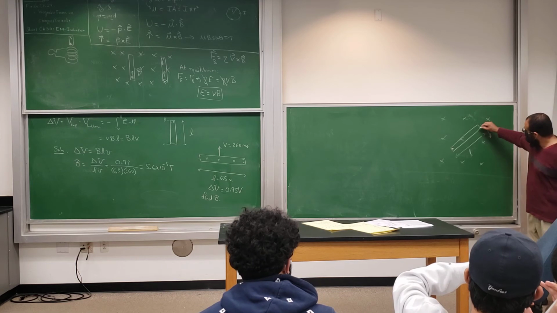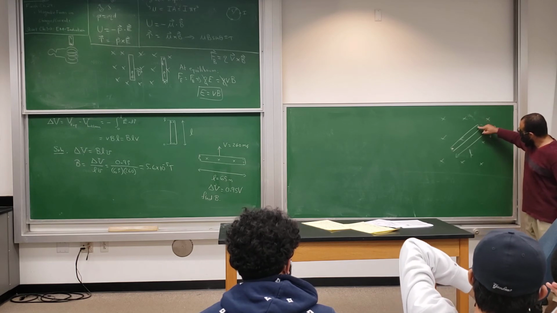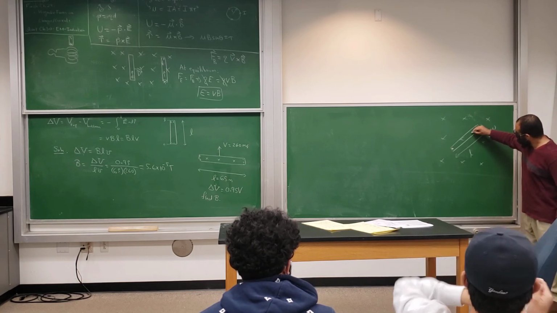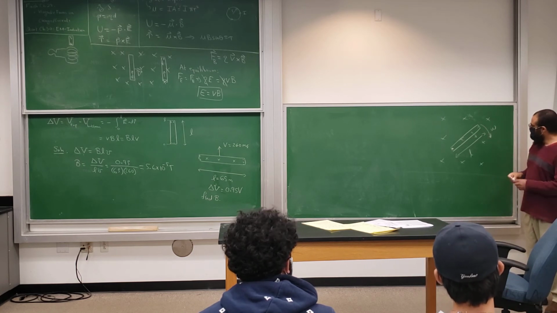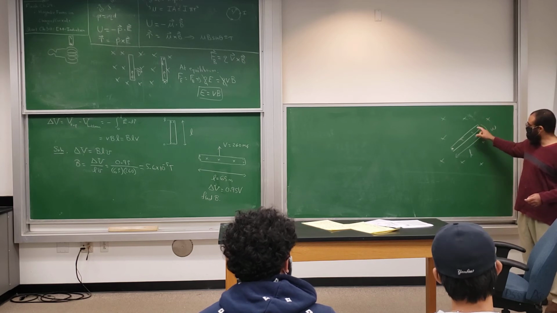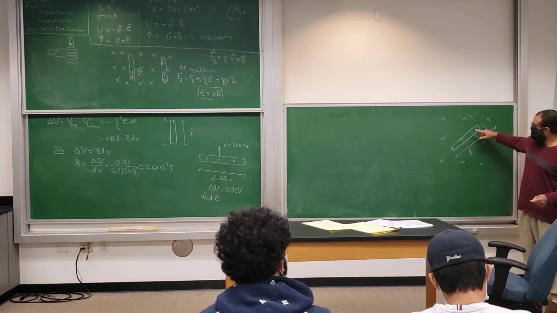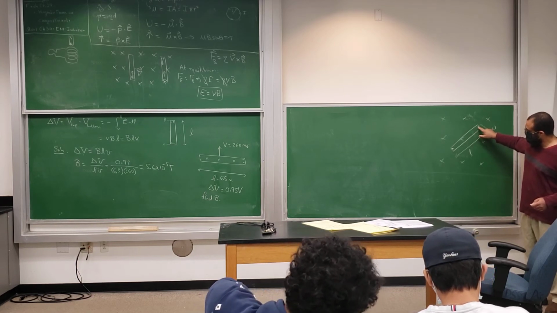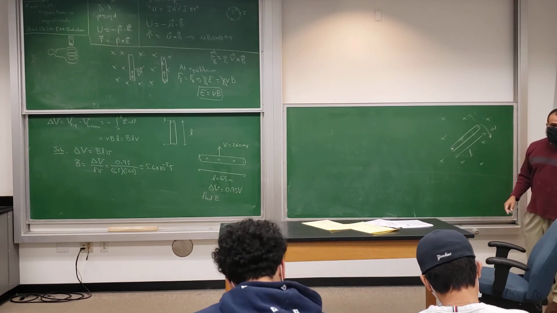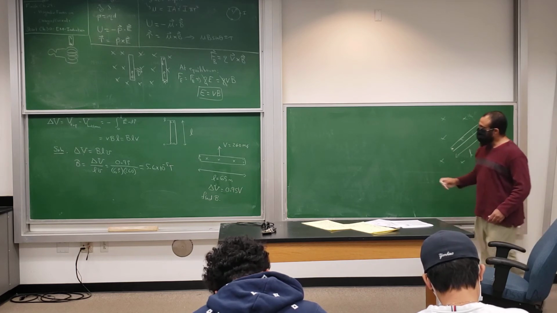Let's say you take one charge here, it will be moving this way. That's the velocity. The magnetic field is into the board, so v cross B will be this way. So a positive charge will be pushed toward this end. This side will be positive, this side will be negative. So first, we know that